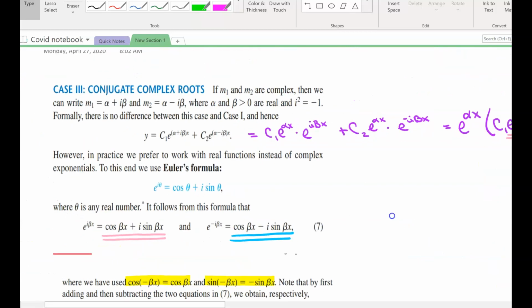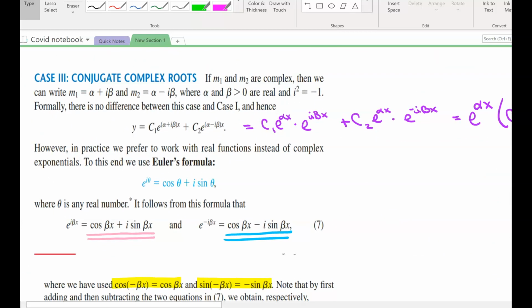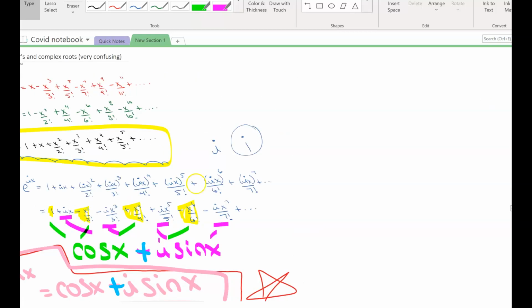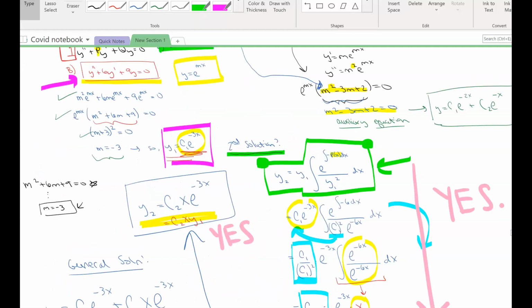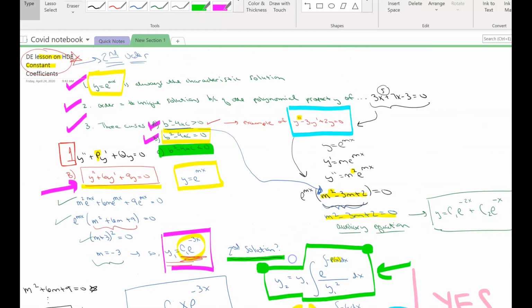So this is case 3. Let's remember case 1. Let me see if I can pull that up. Case 1, if you remember, is, where's case 1? Is this it? Okay, yeah. Case 1 is if you have